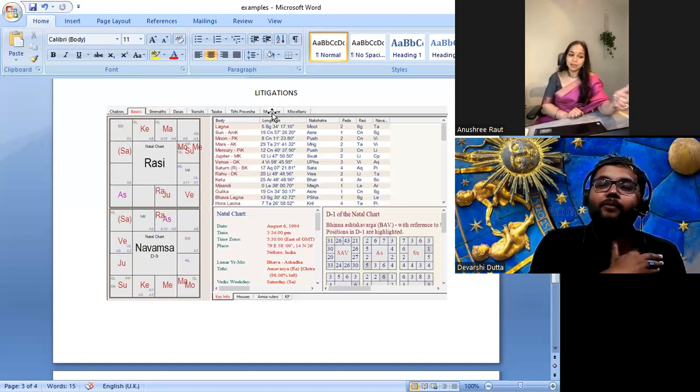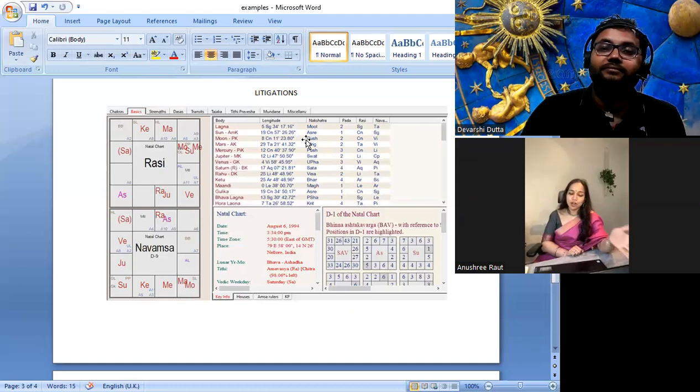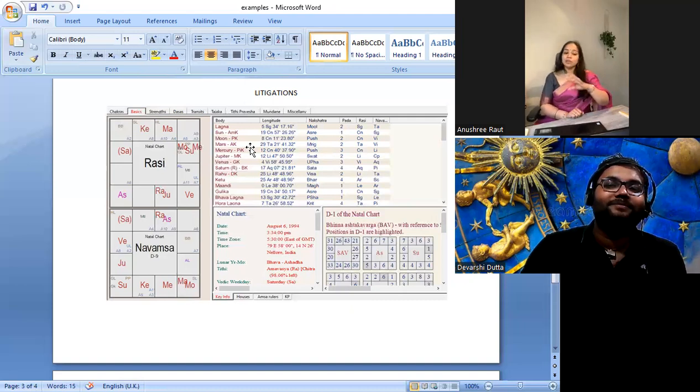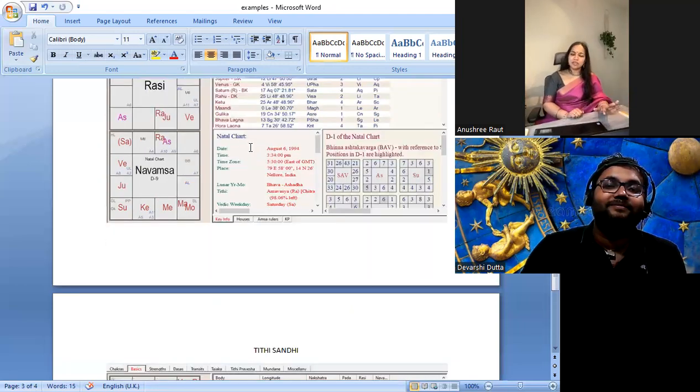You see, Venus is in the debilitation sign. Venus is aspecting the 4th house. So see how it is. He has got all the silver, gold spoon, diamond spoon, but it's all getting lost because of the trauma coming in. There are many things. Lagna also is in nakshatra Sandhi.